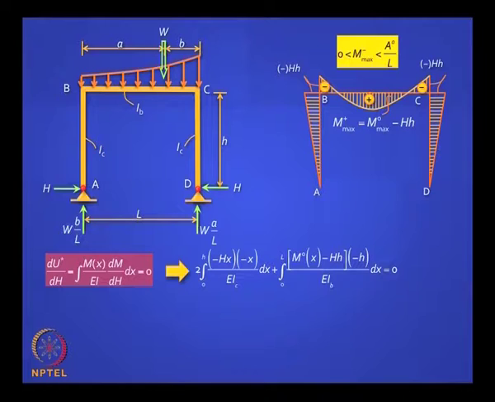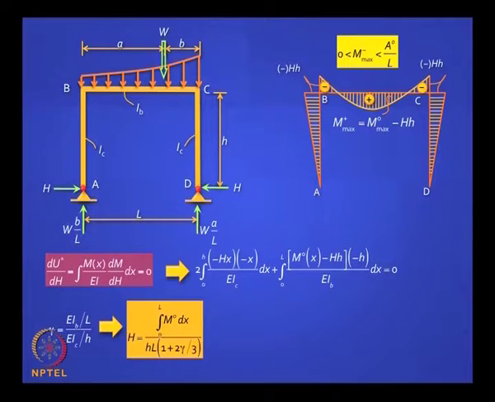You agree? This is the first expression for the two columns, so 0 to h. This is the bending moment. This is the derivative of that bending moment. This is for the beam, 0 to L. This is the moment which you can calculate, minus h, and the derivative of this, minus. Do you agree to this? It's a straightforward calculation. Will you expand this and simplify?